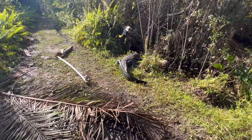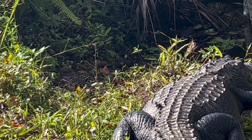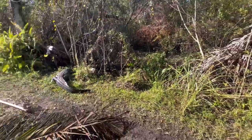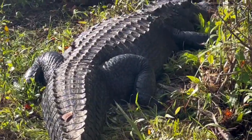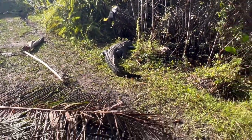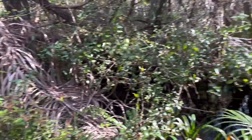And I think this is his area. A lot of times they have what's called a slide, where they come in and out of the swamp. Something else in the water there. But yeah, that's one fat, well-fed gator. So I think he's probably used to people walking by and he's okay. But while we're here,